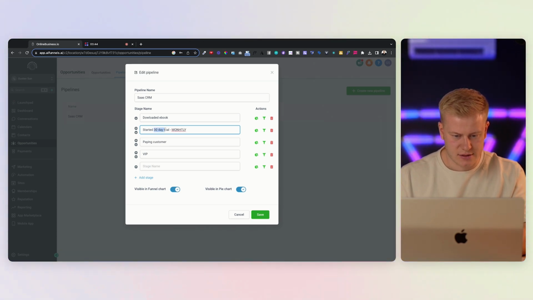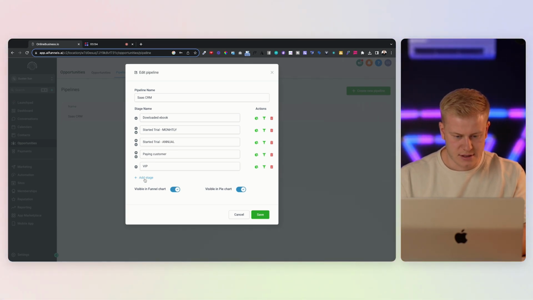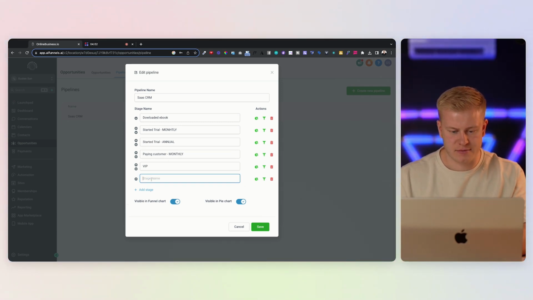Started trial. So I'll just do this. Started trial, monthly. Started trial, annual. Okay, and then I'll move it up. And then paying customer monthly. Because maybe you want to offer a bonus for them to become